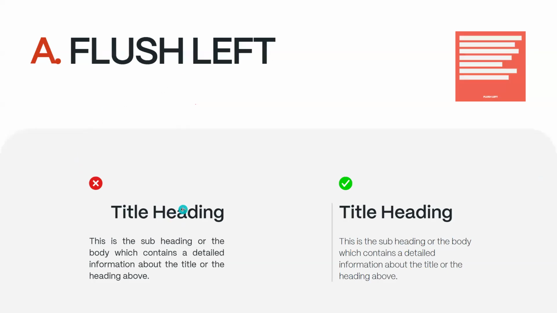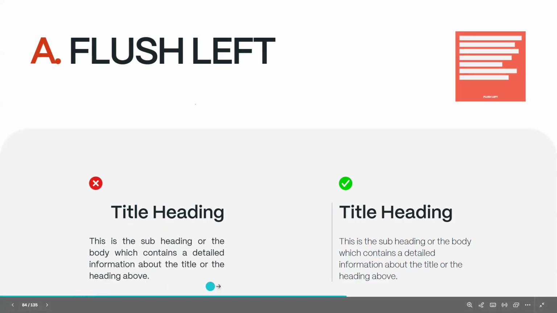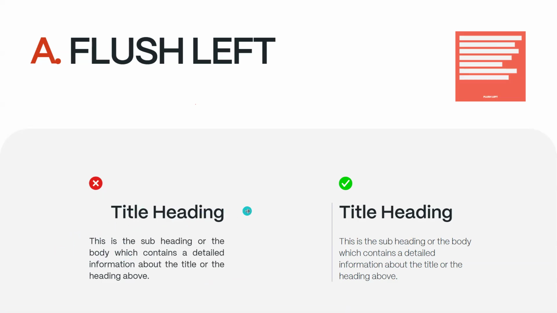Flush left means, if you consider it as a space or a poster or an artboard, this side is left aligned and this side is right aligned. To create flush left, let's suppose we have a straight line here.